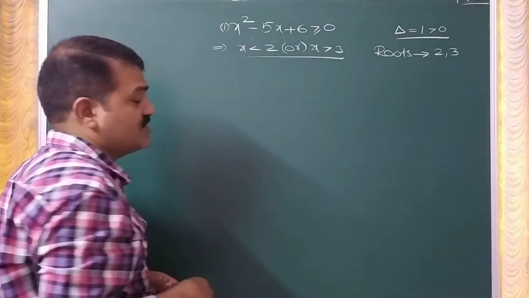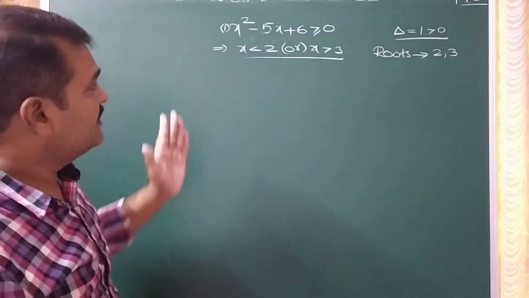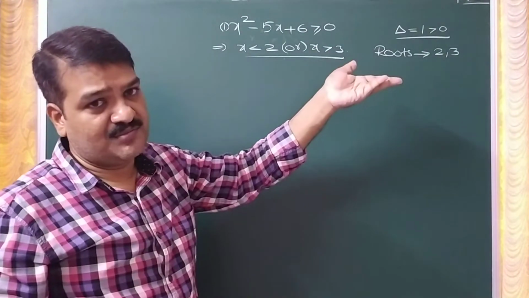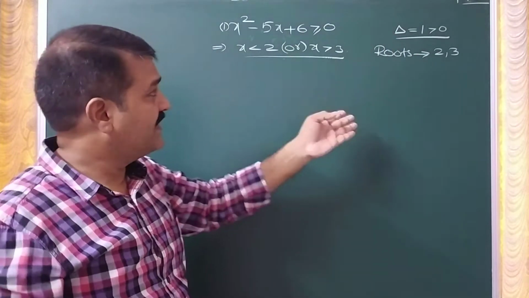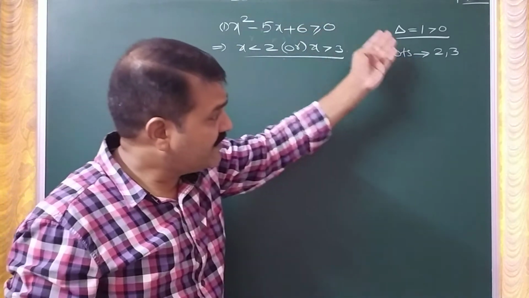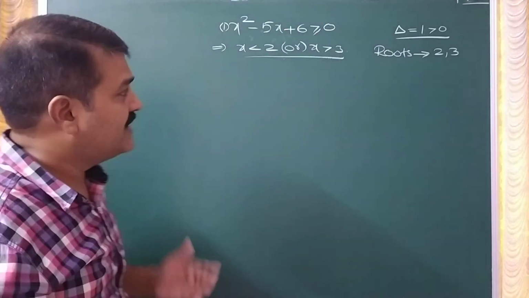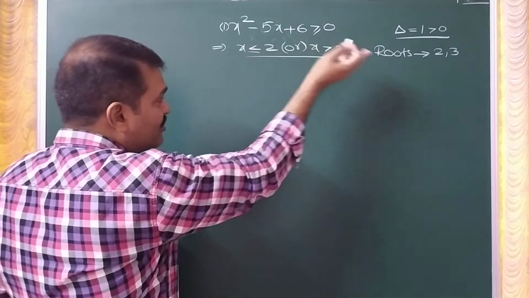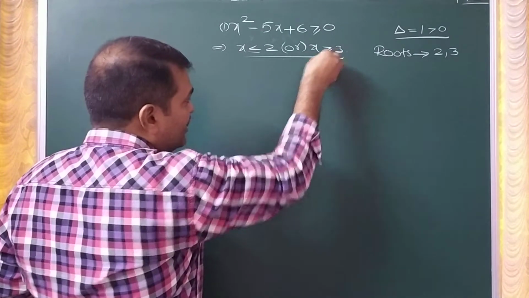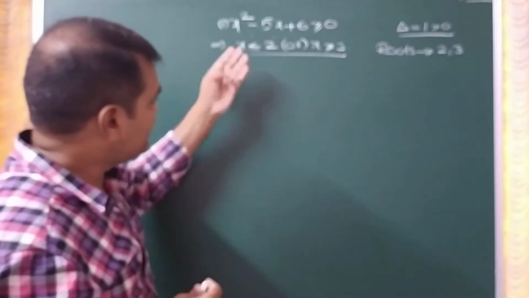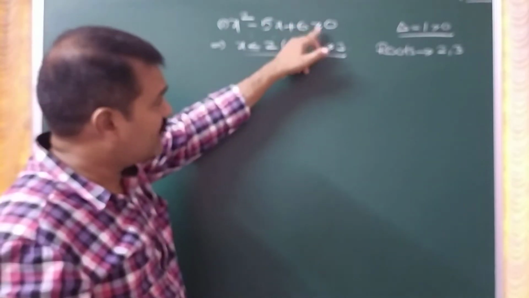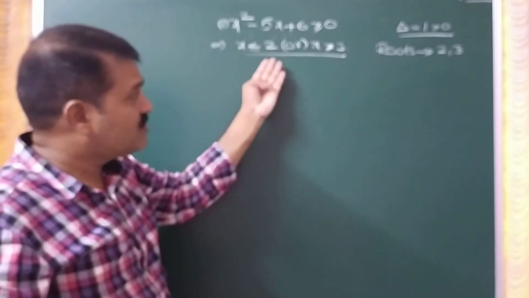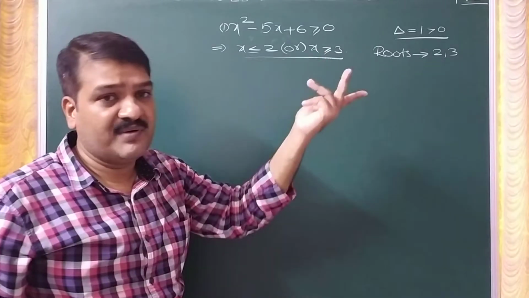For example, if you have greater than or equal to 0, then the expression can be 0 also. That means you can take the roots also here. The expression can be 0 means even roots you can consider. That means you can include 2 in the solution, and you can include 3 in the solution also. So if x is 2, this becomes 0. Even that is allowed. So whenever you have the greater than or equal to symbol, our solution also will have greater than or equal to like this.